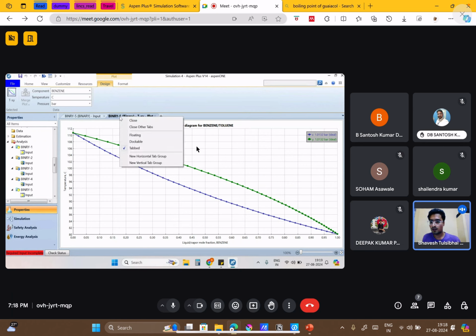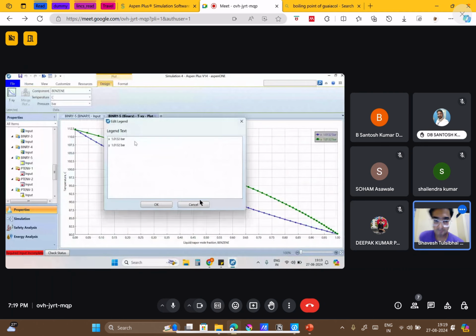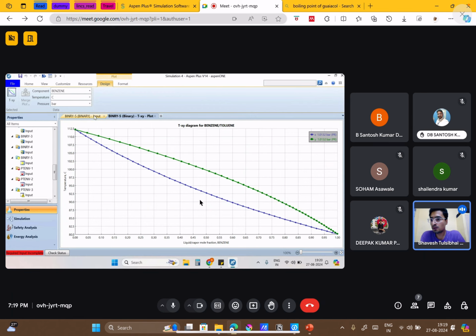Now again go to binary input, select the Peng-Robinson method, and run it. Now can you merge both the plots, the Peng-Robinson and the ideal condition plot?